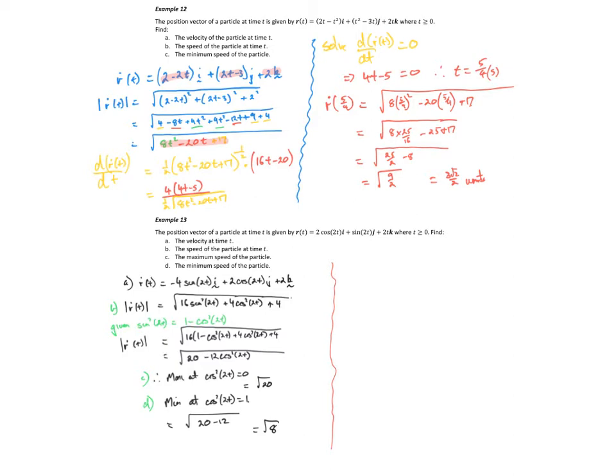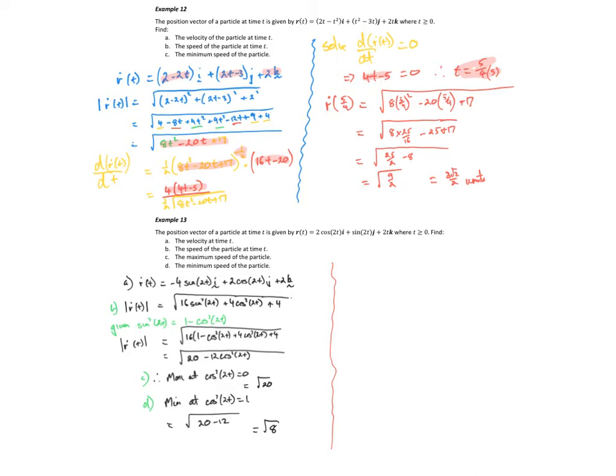The minimum speed, so we want to find out where dv/dt is equal to 0, so the acceleration is 0. So if I differentiate that expression, I'm going to end up with a half out the front, stay the same inside to the power of minus a half, then multiply by the derivative of the inside, which is 16t minus 20, which gives me 16t minus 20 over the square root of the expression. Okay, so that's only going to equal 0 when the top is equal to 0. So in other words, when 4t minus 5 is equal to 0, so at t equal to 5 on 4 seconds, that's where we have a